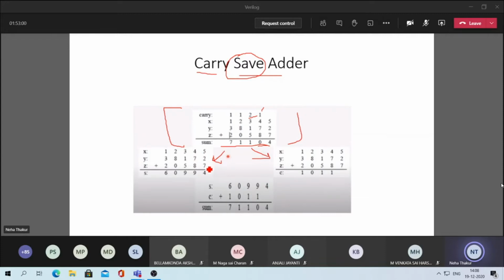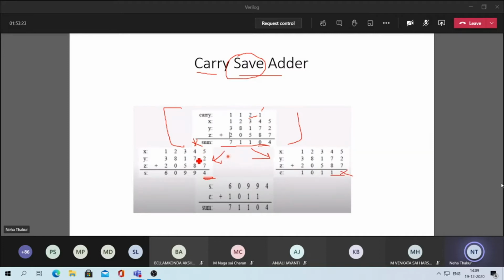It is 5 plus 2, 7, and 7 plus 7 is 14. So you have written 4 here. Ideally you should get 1 here, but you are not writing 1 on this side. You are writing it in another table, that is carry, and 1 will come in the second position. This first one will remain empty.